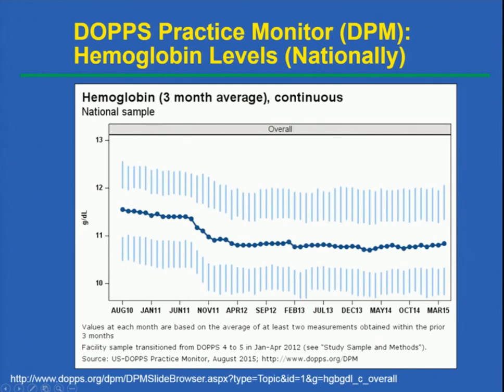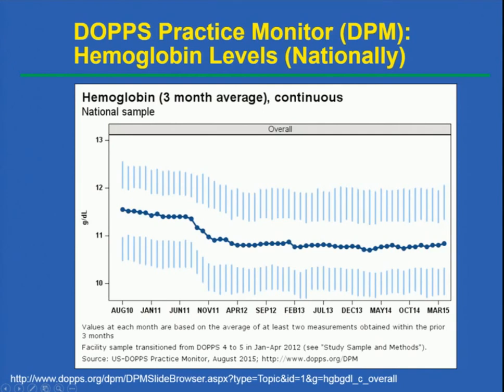So the facilities that participated and submitted their data in a timely fashion, and most of these reports, which are available online, are no greater than about 4 months old, which is significantly more current than the USRDS data that's usually more than 2 years old. So you can see these data that I recently downloaded from the DOPPS site are as recent as March of